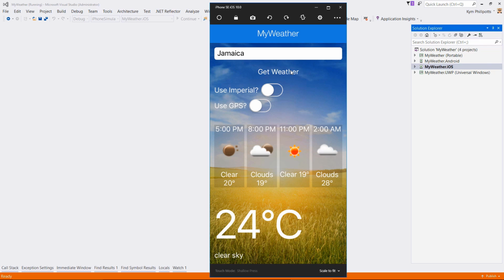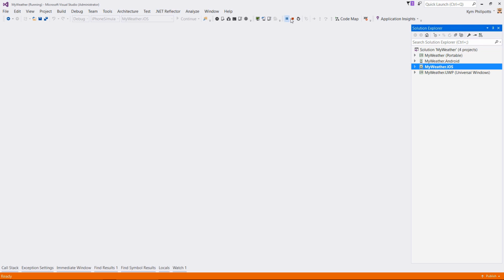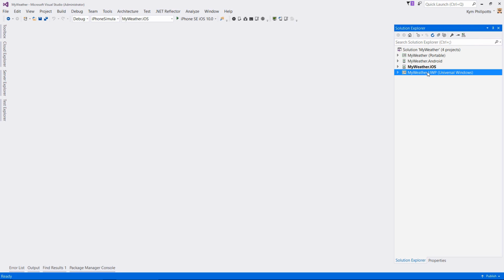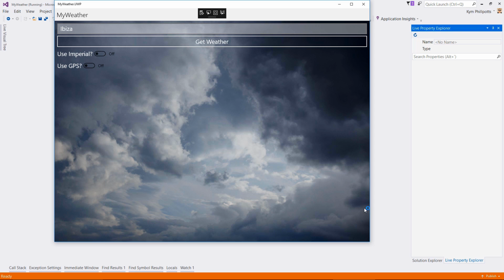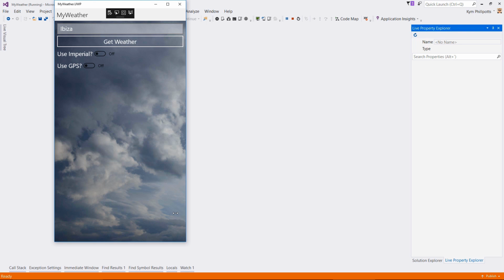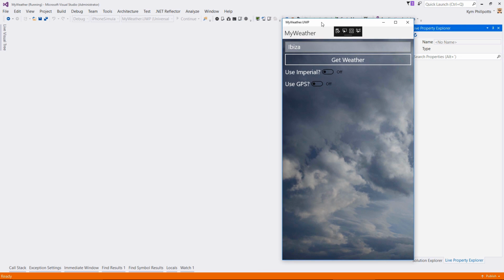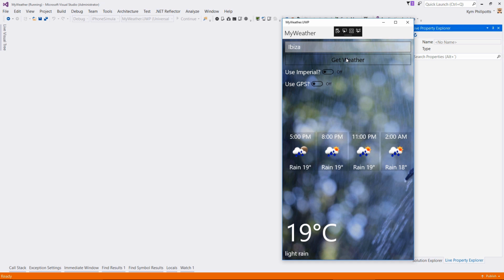But let's go and run this on the Windows Universal application now. Set this as our startup and go and execute that. And we already have the Ibiza in here, so let's go and have a look at what the weather's like in Ibiza. 19 degrees Celsius, light rain. So now if we get all those applications and sit them side by side,